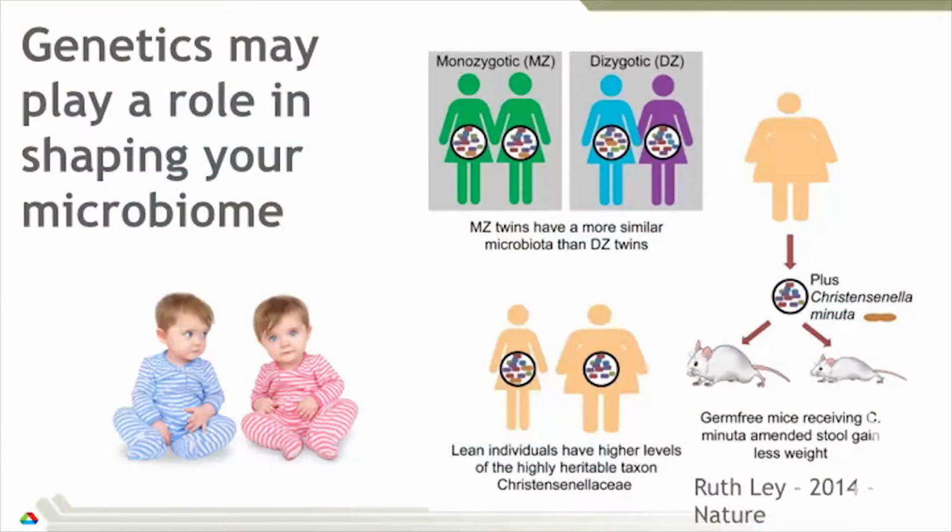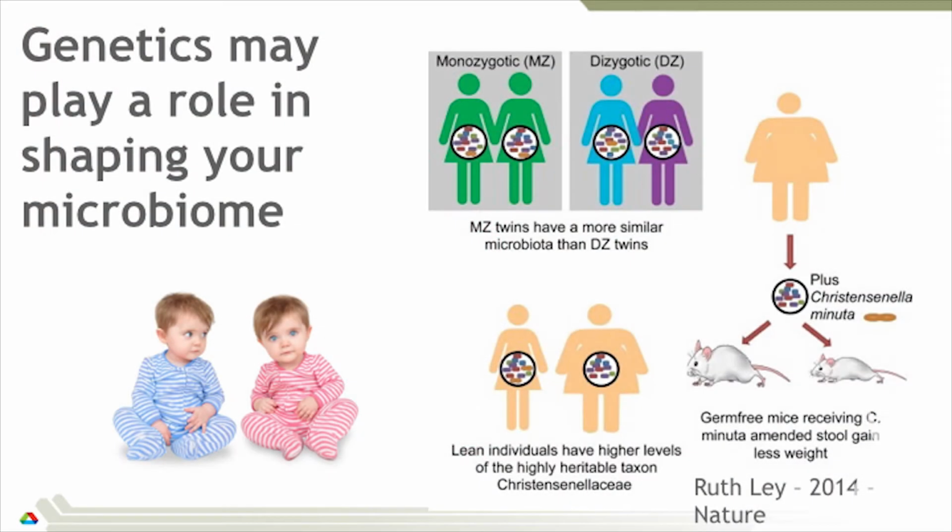Ruth Ley's work has shown that monozygotic twins have a slightly but significantly more similar microbiome than dizygotic twins, right? So if you have the same genome, you have a slightly more propensity towards developing the same microbial community. But still, you can get a fat twin and a thin twin even if they're monozygotic. So you take the obese twin's stool microbiota and you put it into a mouse, and the mouse gets chubby, yeah?